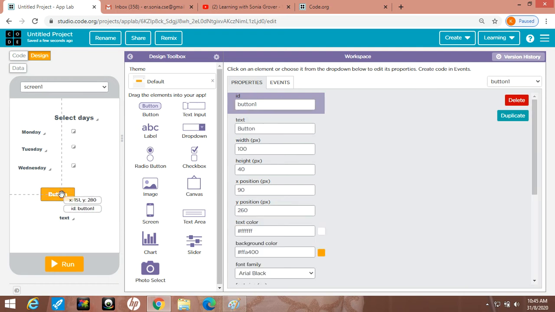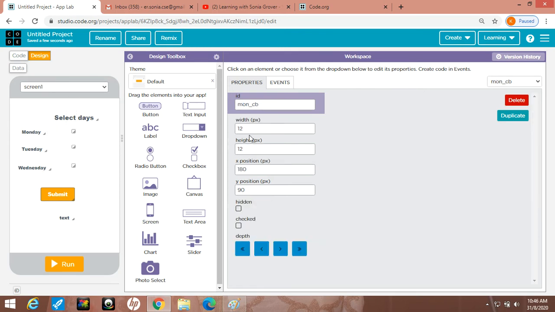In the button section, I am taking the button ID. Then you can name it submit button, BTN. Here I am taking submit, like this. You can increase the size of these checkboxes. I am taking height 25 and width 25, like this. In the same way you can do it for the others.